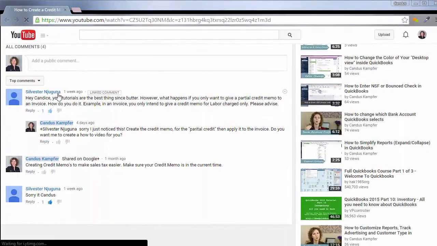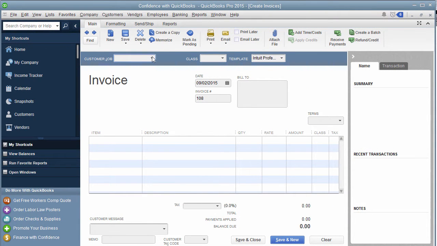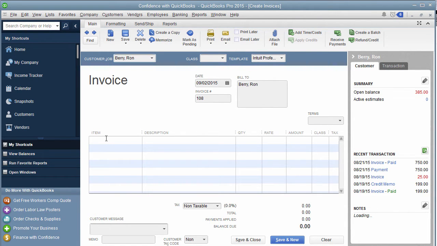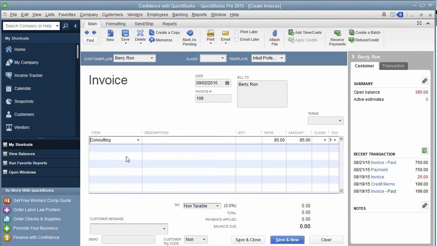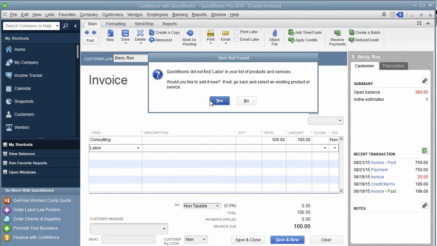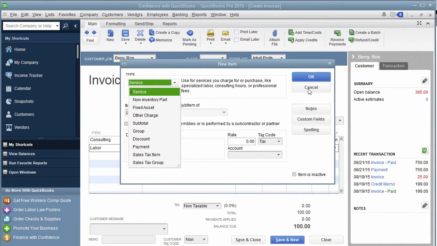So here is the actual question: if you want to give a partial credit memo to an invoice, how do you do it? Example, an invoice where you would only intend to give a credit memo for labor charged only. So let me go in, I'm going to create an invoice, and I'm going to show you how you would create a credit memo. I'm going to go into QuickBooks, and I'm going to pick one of our people that we're always choosing, and we are going to find, let's do consulting. And we are going to charge $100, and then let's do labor. We're going to create a new labor because we don't have labor, but for this example to show them what we would do,